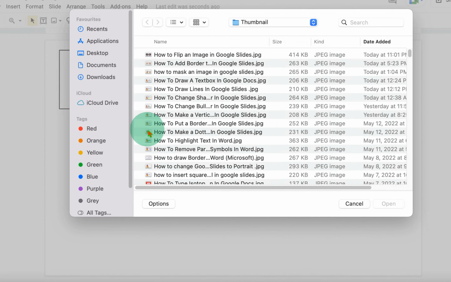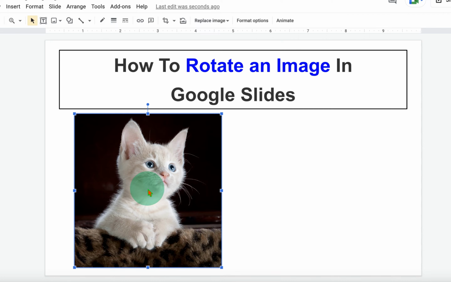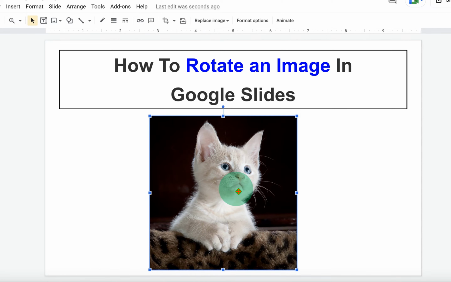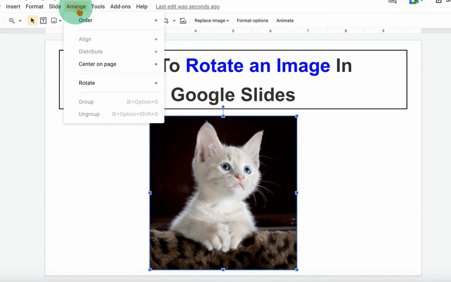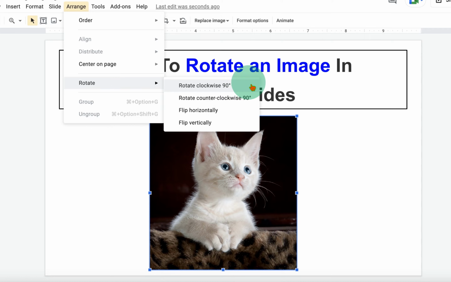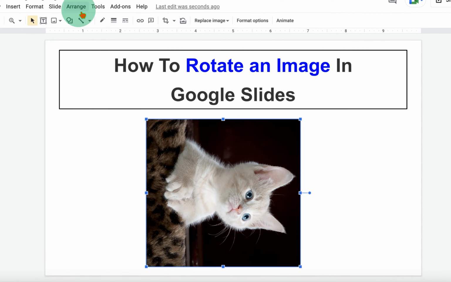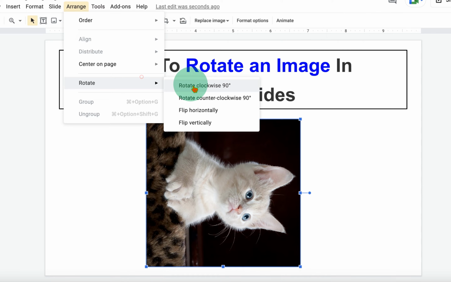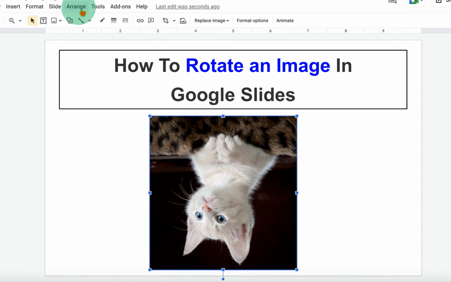you have. Once the image is inserted, now you can rotate the image by clicking on the Arrange option and you will see the option Rotate. You will get two options, rotate clockwise, rotate counterclockwise. So if we click on rotate clockwise by 90°, as you can see the image is rotating exactly with the